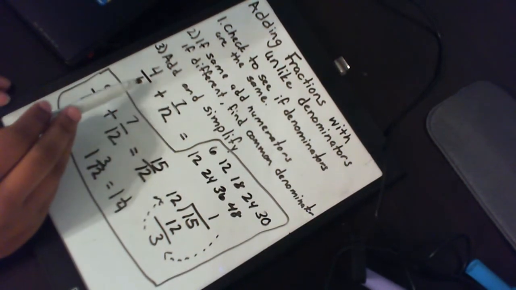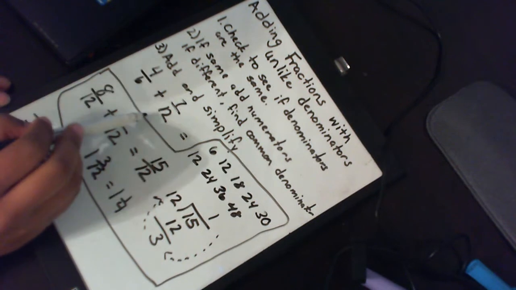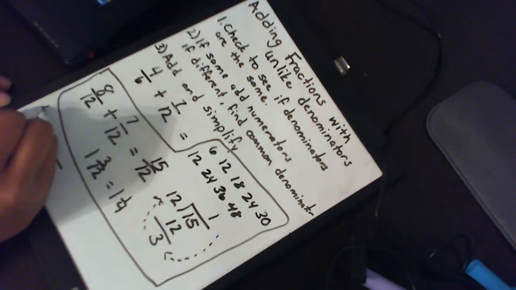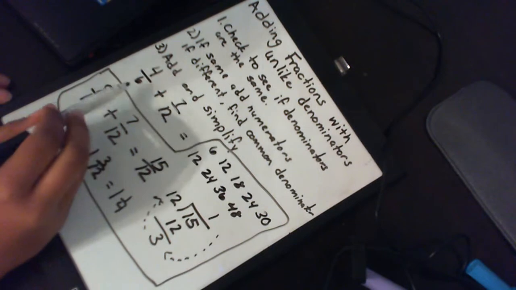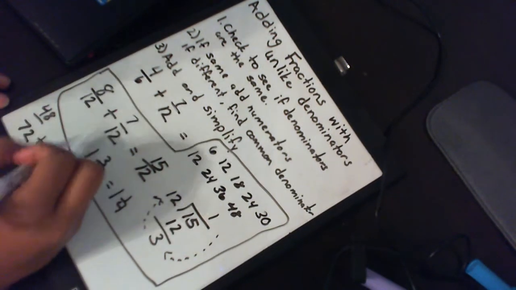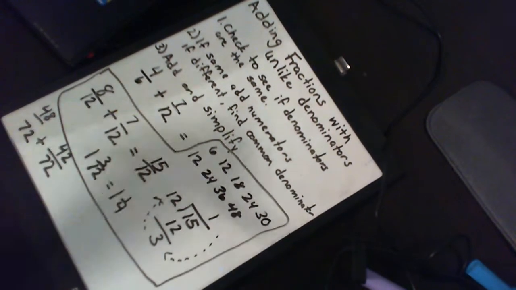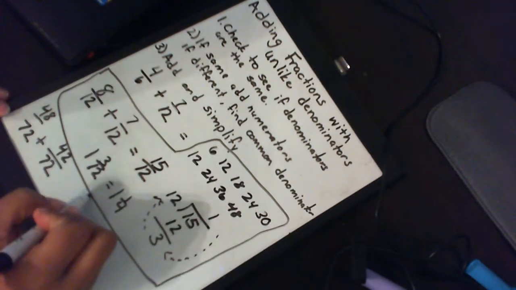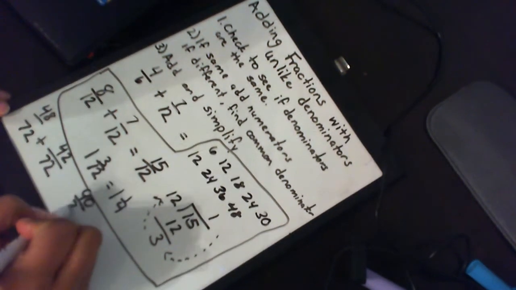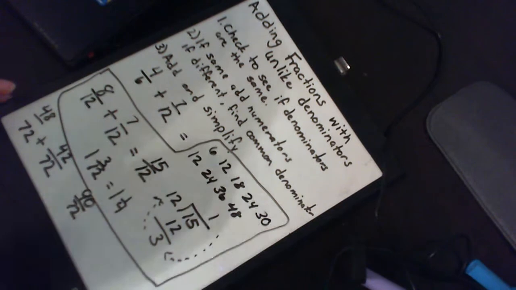And so to get that, we cross multiply. 4 times 12 is 48. And then we cross multiply. 6 times 7 is 42. So when we put those together, we get 90 over 72. Now once again, we're going to divide